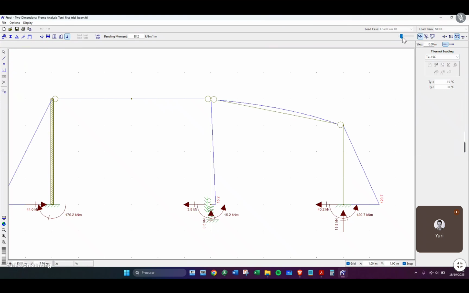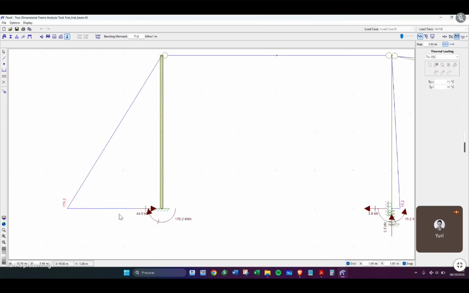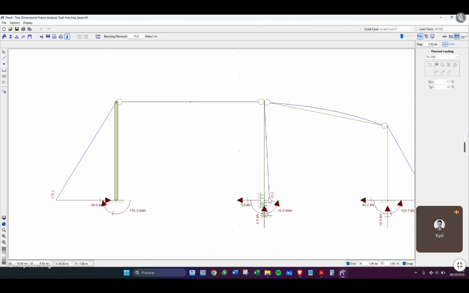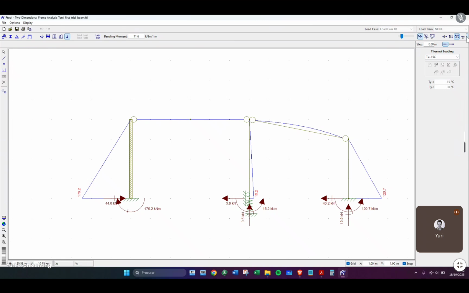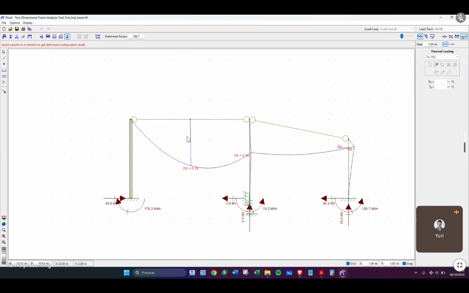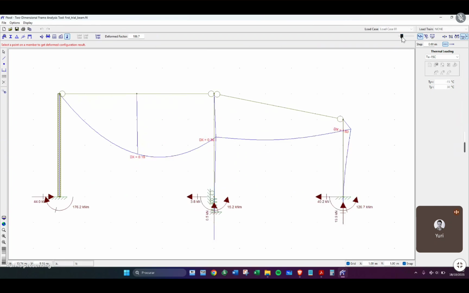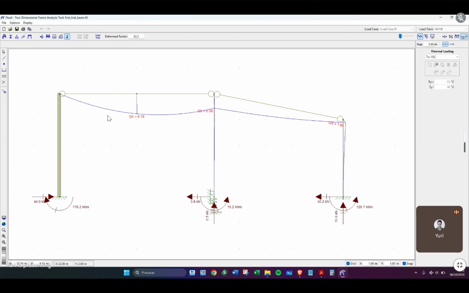As you can see, this situation had created around 120 kilonewtons per meter here, which is a lot of bending moment, and here as well. Okay. And finally, let's see the deformation of it. Let's see the horizontal deformation first. X direction. So it's not deforming a lot. Remember, this is in millimeters. So the deformation here is around